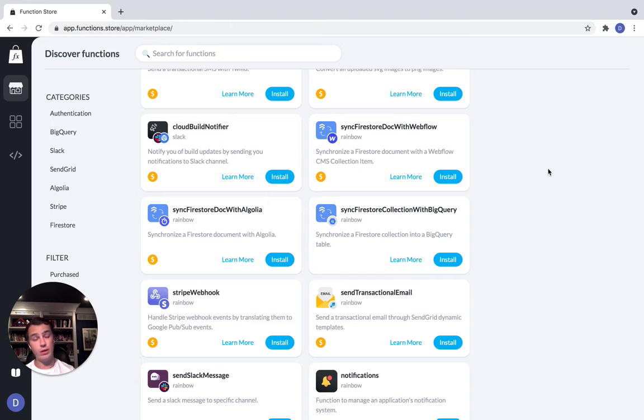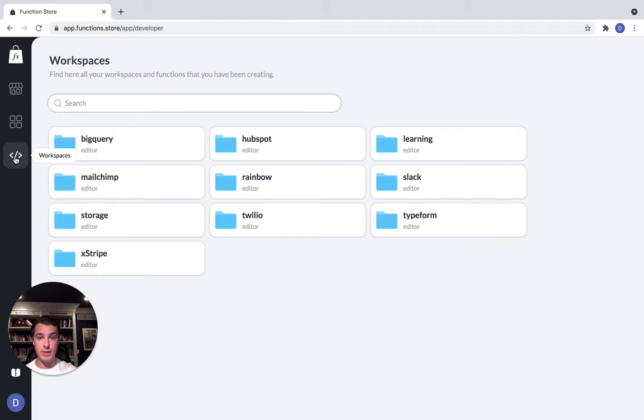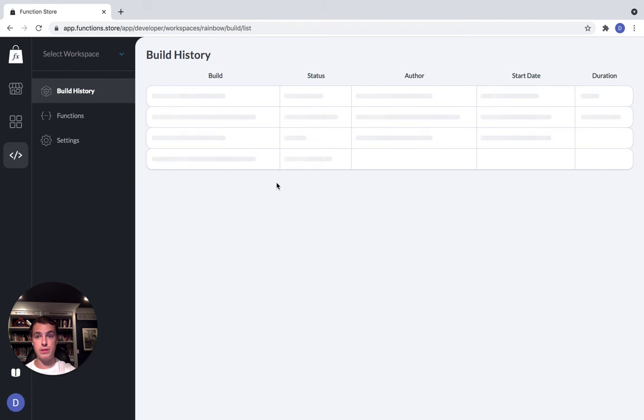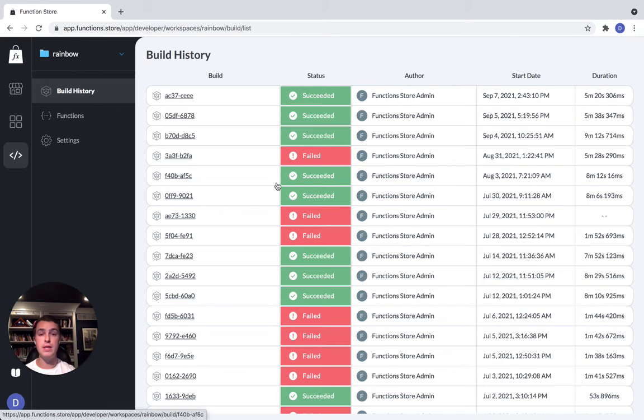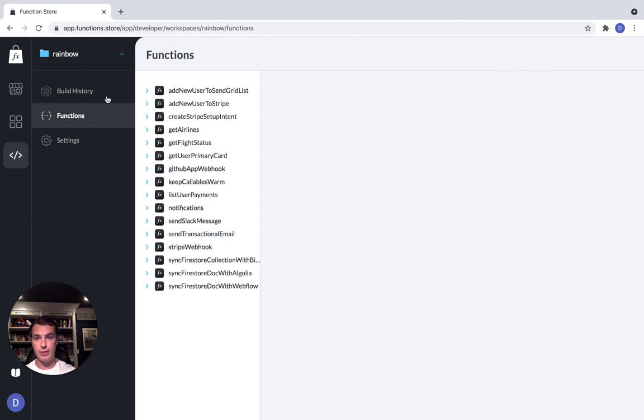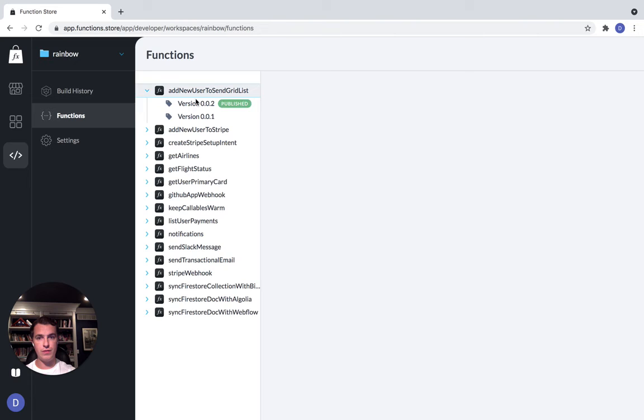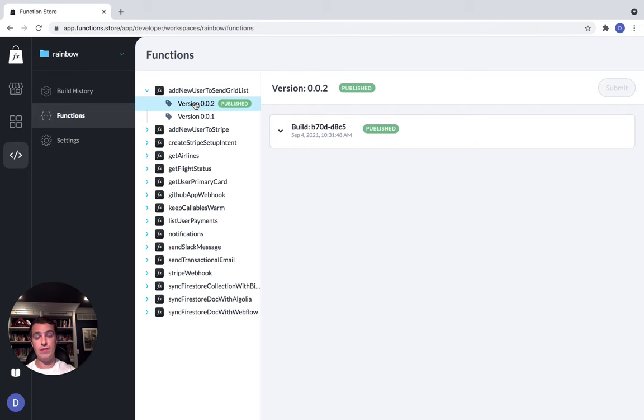But what's even cooler is if you're a developer, you can make money this way. We're a marketplace and you could request to be a seller. We'd set you up where you could set up your own workspaces. And the cool thing about workspaces is they could be private or public. So if they're private, it's just for you and your team. You could see the build history. You could see the back end of how these functions are published. And if you make it public, as in you publish them in the marketplace,